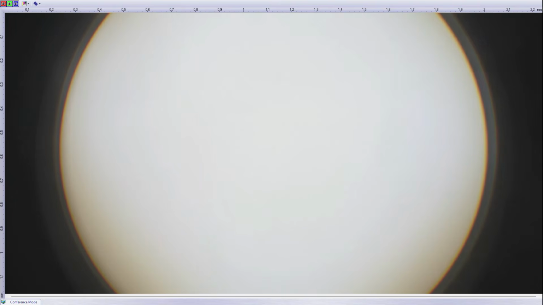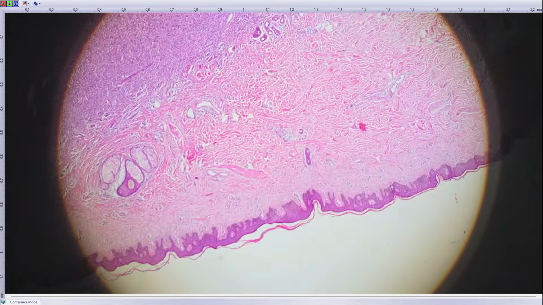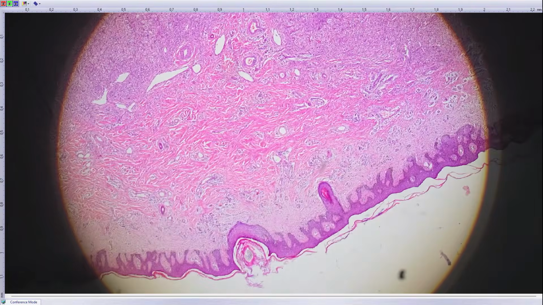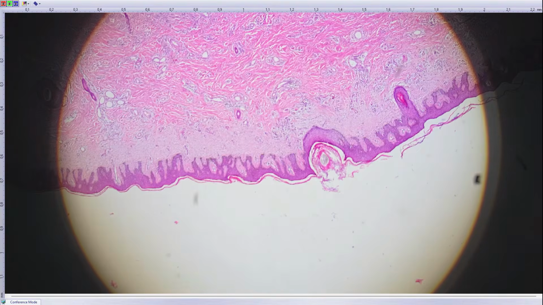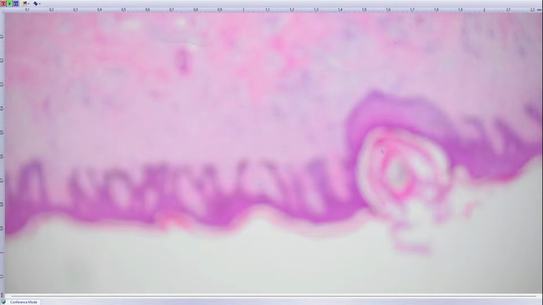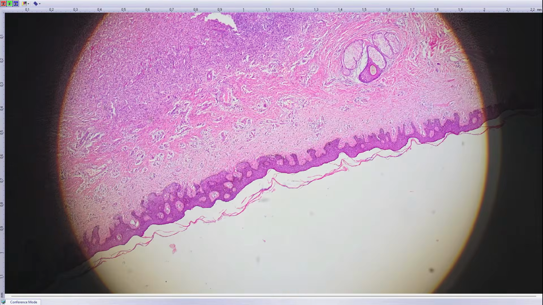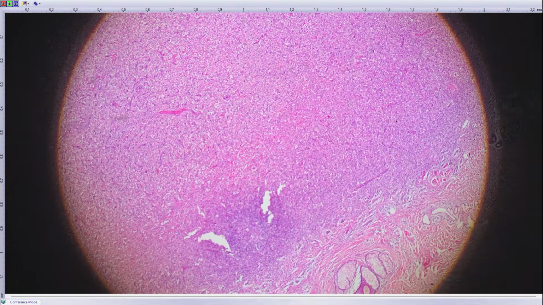So the next case was a 39-year-old female with a tumor on her lower leg. It's a skin excision, epidermis with this mild hyperplasia, and notice this hyperpigmentation of the rete ridges, which is a kind of useful feature. And then in the dermis you have